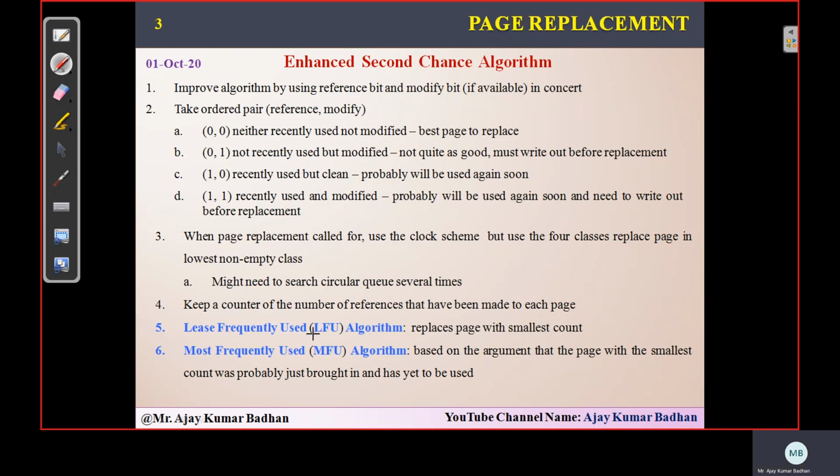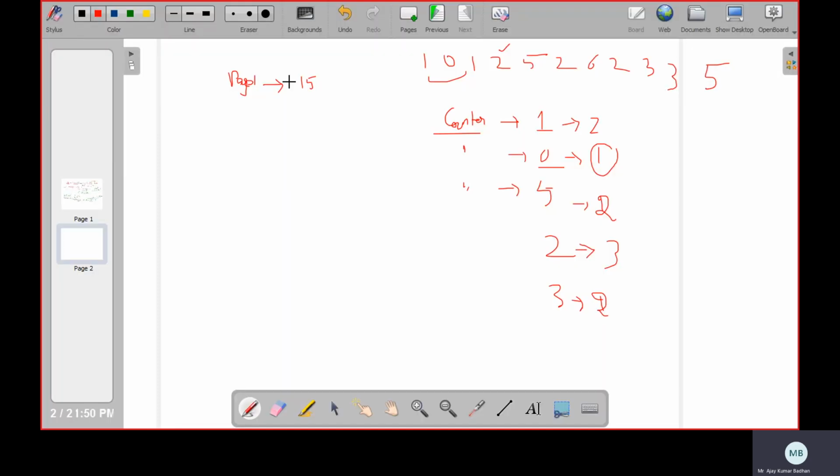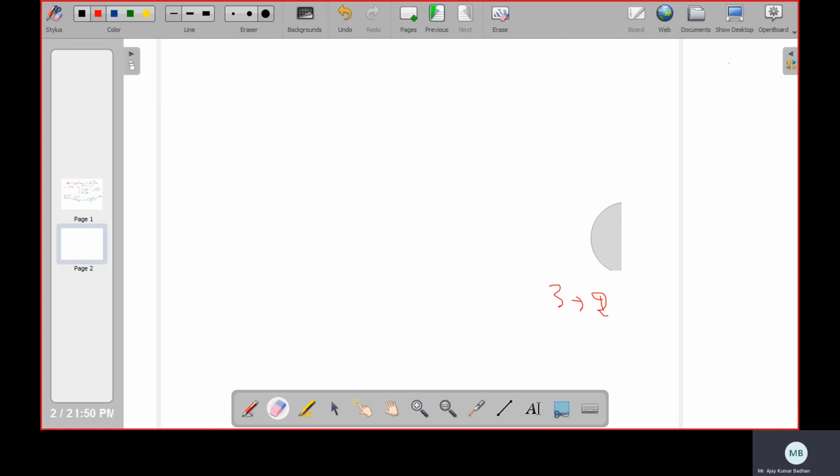Okay, so based upon the counter value, it will keep on asking. Let's take a small example. Let me explain it so that it becomes easy. I'm taking some random string, not a peculiar one. So 1 0 1 2 0 2 1 0 1 1. I'm selecting 3 frames. This is a rough example I'm providing. So least frequently is how it works. This is your LFU, least frequently used.